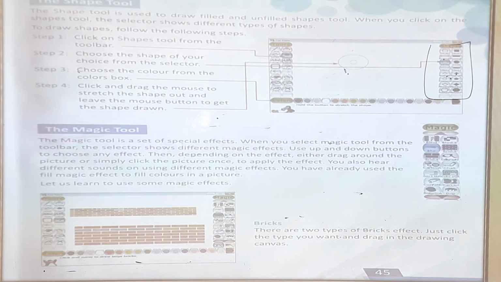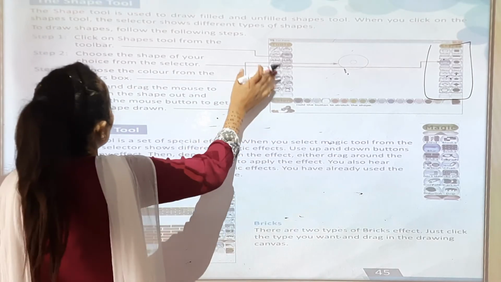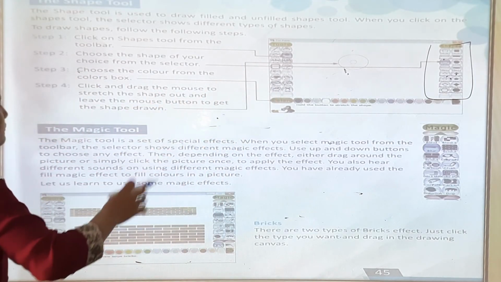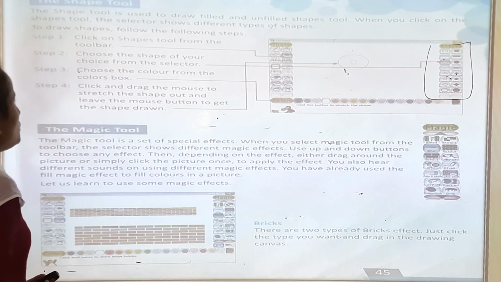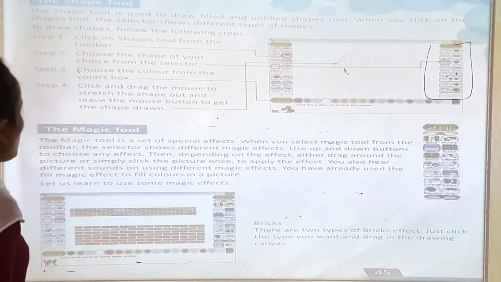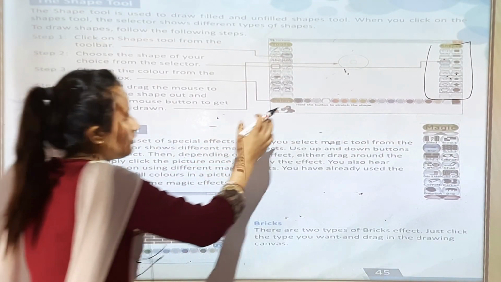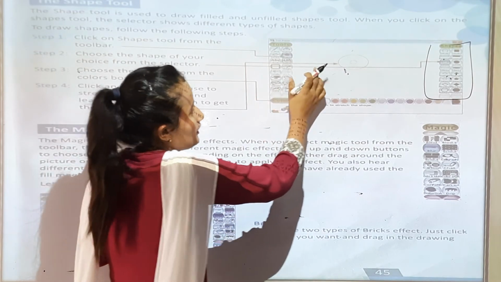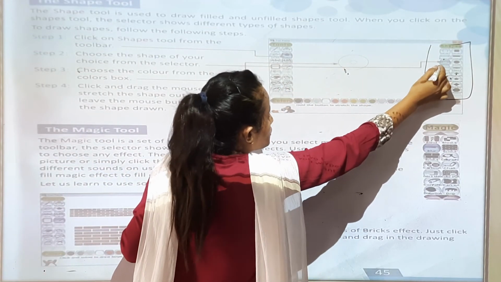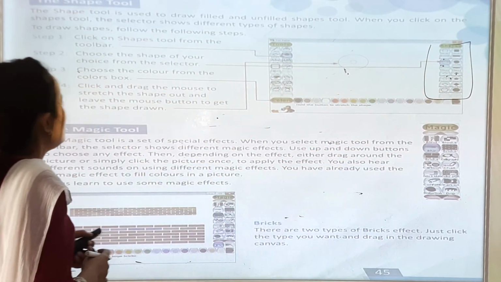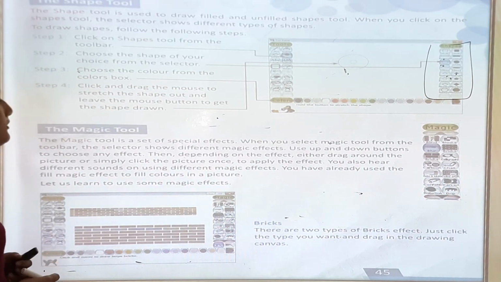How do you get them to appear? Step 1, click on the shape tool from the toolbar. You go to the toolbar and click on the shape tool. Choose the shape of your choice from the selector. When you open the toolbar, you will see the selector. Now choose the color from the color box.